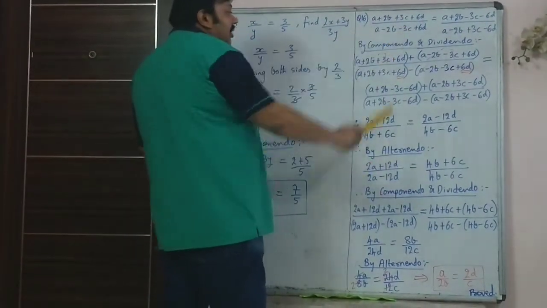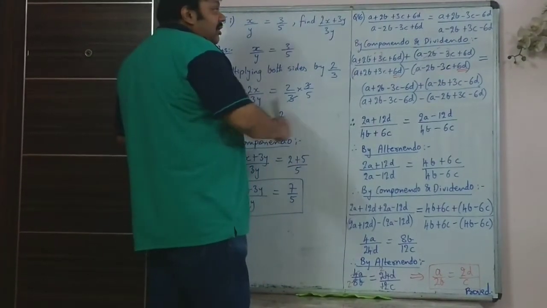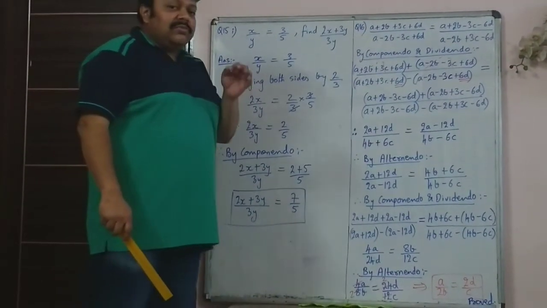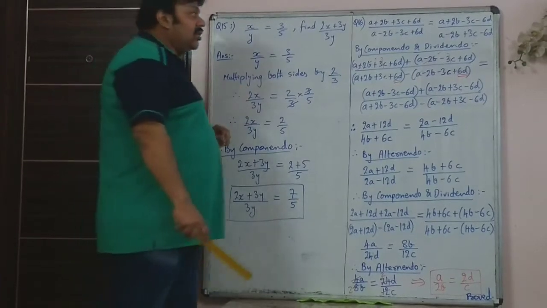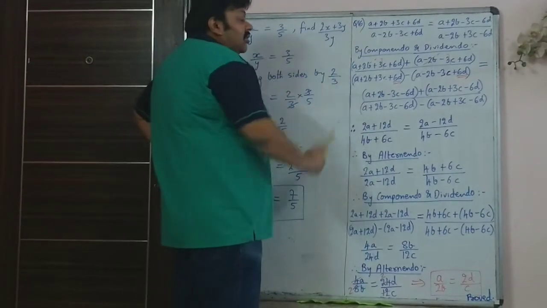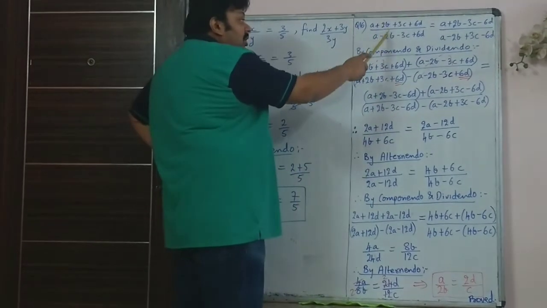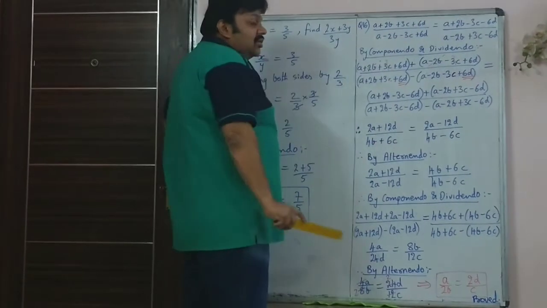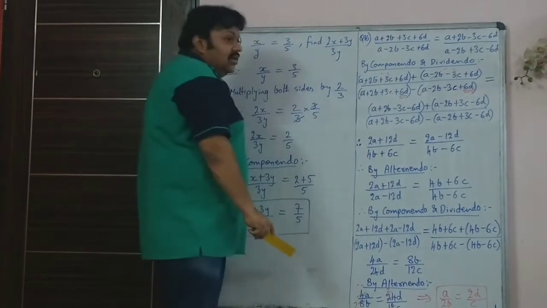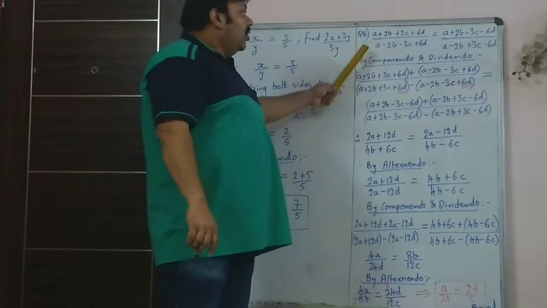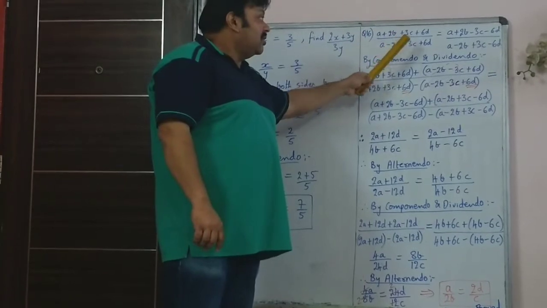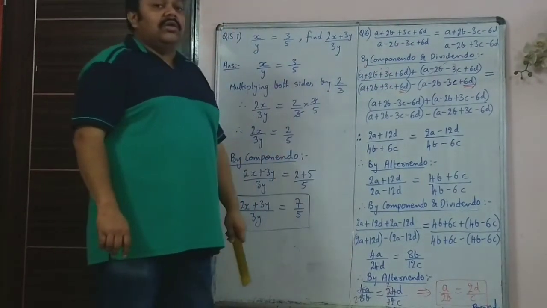There are 4 terms on the numerator and denominator on the left hand side and 4 terms on the numerator and denominator on the right hand side. First observation which you need to carefully make is the terms are the same. A का coefficient is 1, both numerator and denominator. B is 2, C is 3 and D is 6. That's the coefficient. Only there is some sign difference in some of the terms. So the coefficients are the same, only B and C has different sign. Instead of plus in the numerator, it is minus in the denominator.